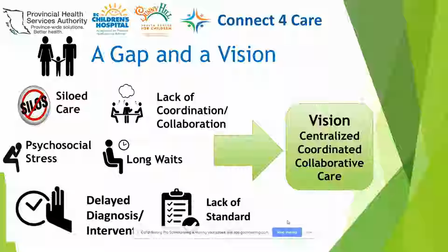To be referred to the third service. And all of that could take upwards of 3 years sometimes to receive a diagnosis. So that really led to that other gap that I've identified on the slide around delayed diagnosis, which in turn